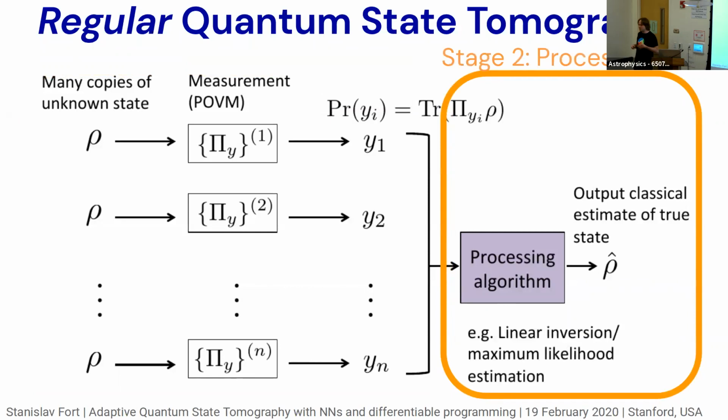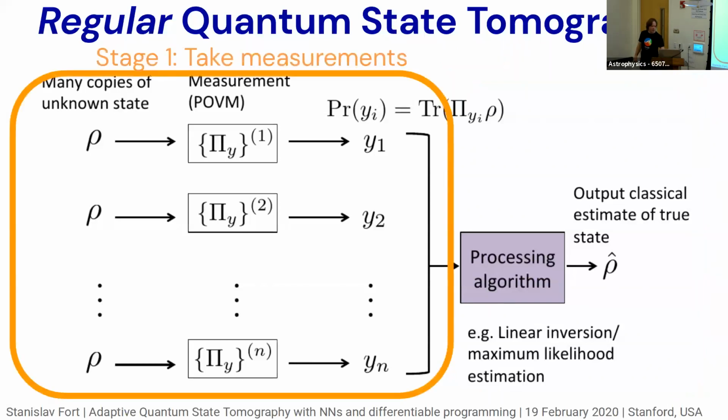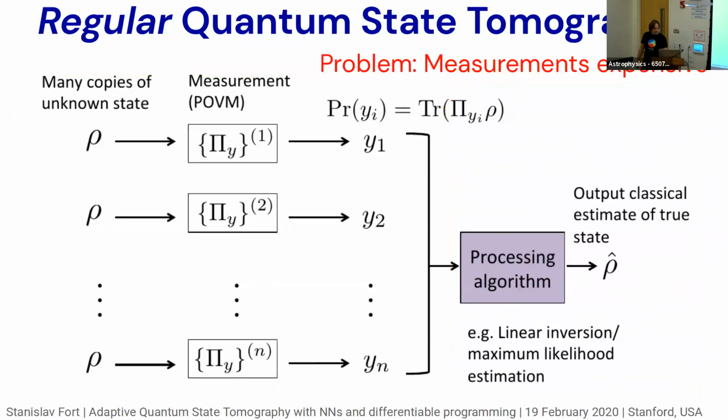And that processing could be done by a variety of methods: linear inversion, maximum likelihood, or compressed sensing. You can use different things to actually do this processing step. For example, in the compressed sensing version, you are using a particular prior over the states you can learn, to narrow down what the thing could be and make it more efficient. So this is the classical thing. What you can note is that it's this two-stage structure, okay? Measure and then infer. The problem is measurements are expensive, so you would like to have on-the-fly kind of rolling estimates as you go.